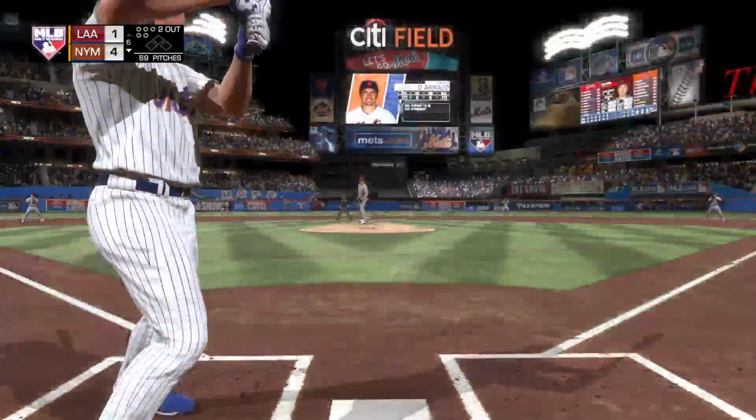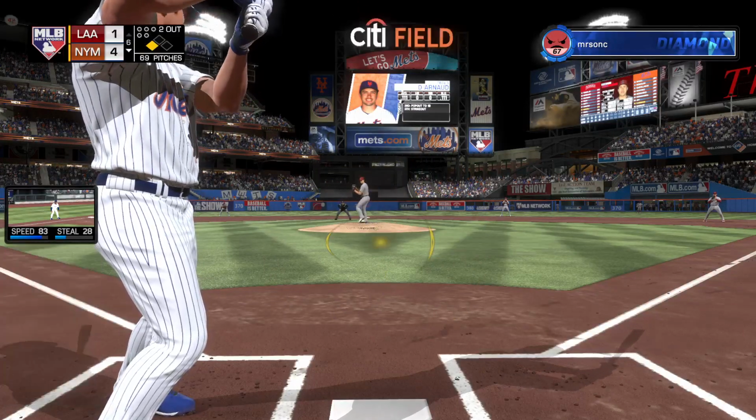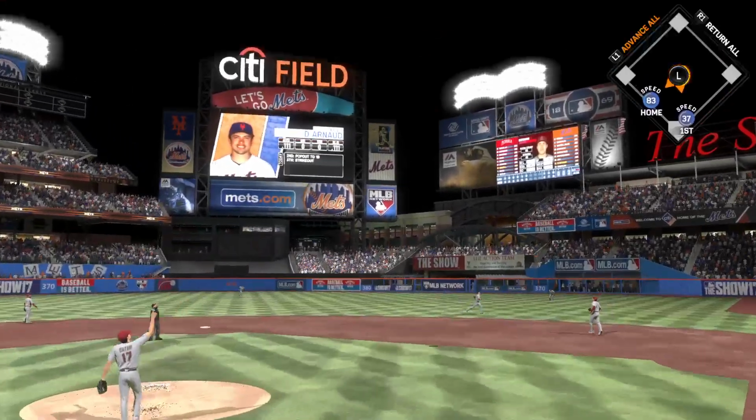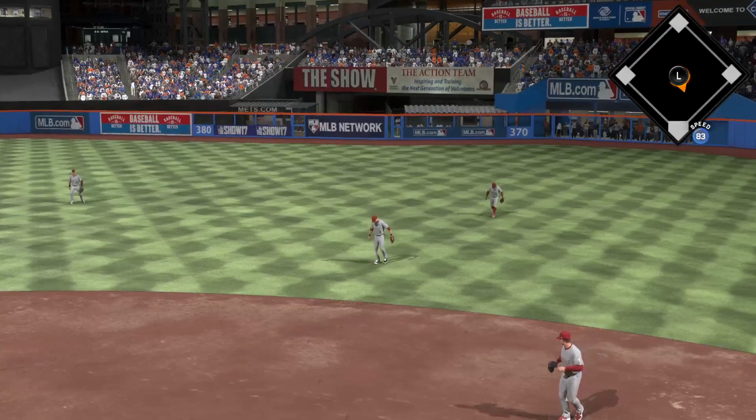Here's the catcher, Travis d'Arnaud. He's 0 for 2 with a strikeout in this one. First offering on its way. Hops this one up just beyond the infield on the right side. Duffy is there to put it away and finally put an end to the...